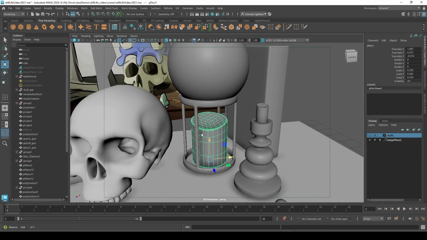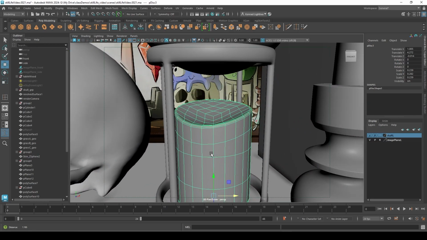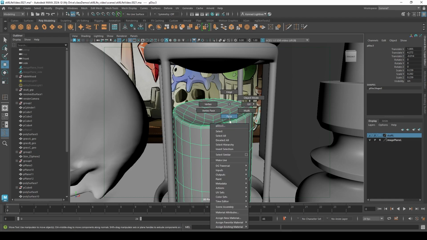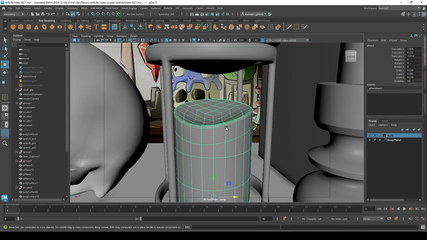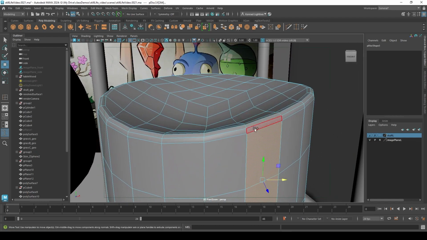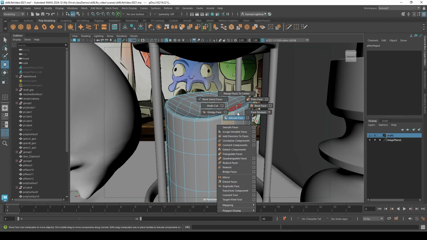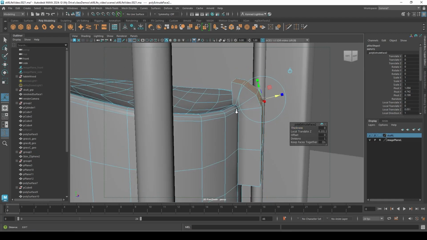So there's a couple ways that we can make this. You can just model the candle, and a way that you can do drips is you have to subdivide it enough to get the width of the drip. So say this is the width of your drip that you want, then you would select these faces, and then you extrude them. And then these faces I would just